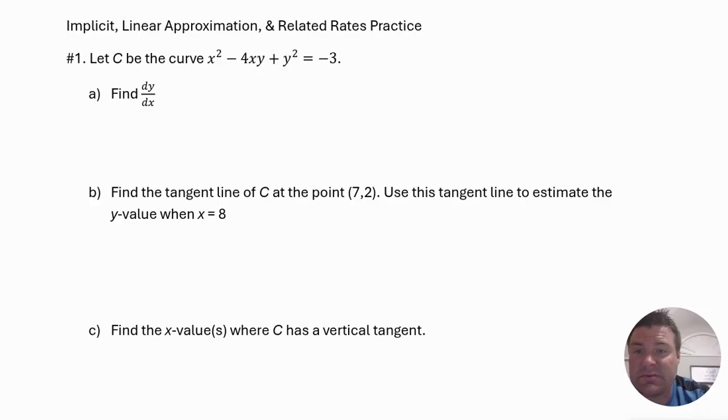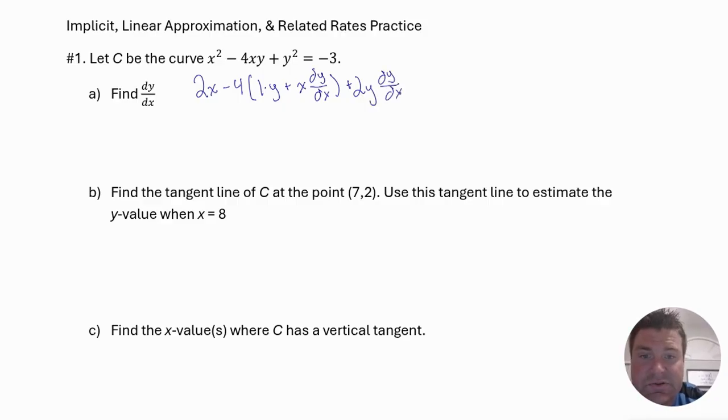So as we do this, I'm going to kind of go underneath each one. We're going to go 2x for that first term there. Now you have to be careful. There is product rule coming up on this. It drives me crazy that students cannot still figure out product rule. We have an x times y. That's going to be product rule. So as we do this, the first is going to be first. So we're going to have 1 times y plus x times the derivative of y, dy dx, plus 2y dy